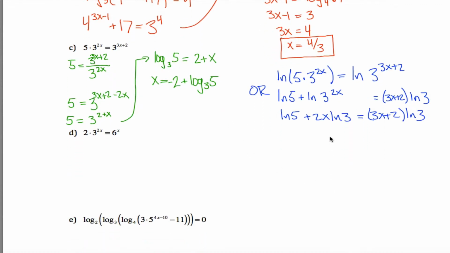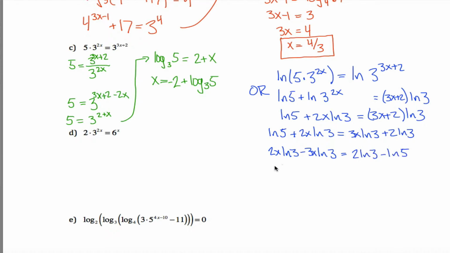I haven't gotten way over here, but now I have a linear equation. I don't have anything up in an exponent, so I can solve for it. Maybe distribute the natural log of 3 through, and you get the natural log of 5 plus 2x natural log of 3 is equal to 3x natural log of 3 plus 2 natural log of 3. You take this natural log of 3 and distribute it through. And then if you get all the x's on the same side of the equation, by subtracting this 3x natural log of 3 term from both sides, and subtracting the natural log of 5 from both sides,